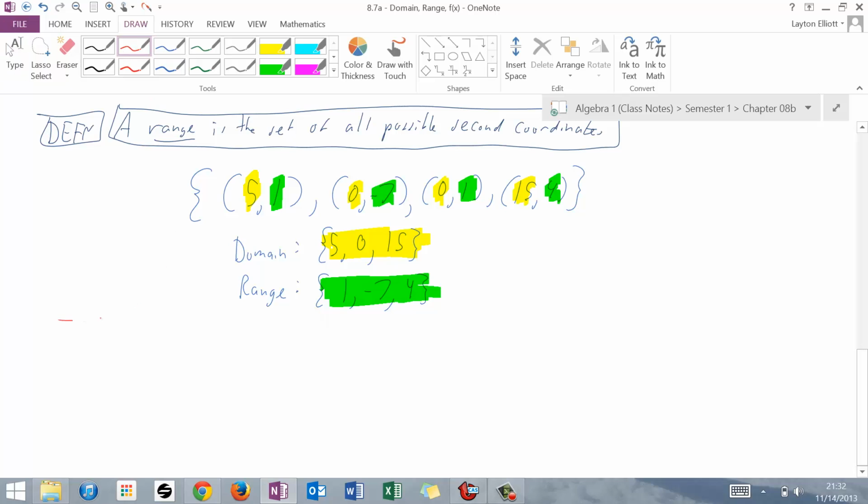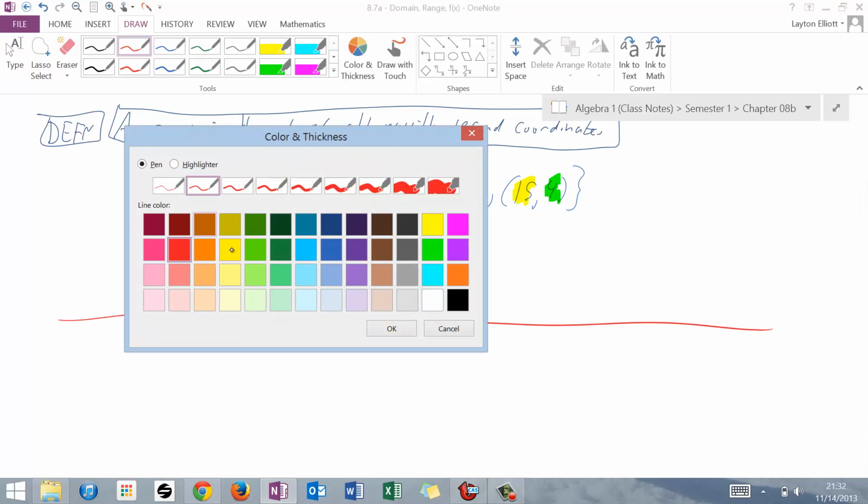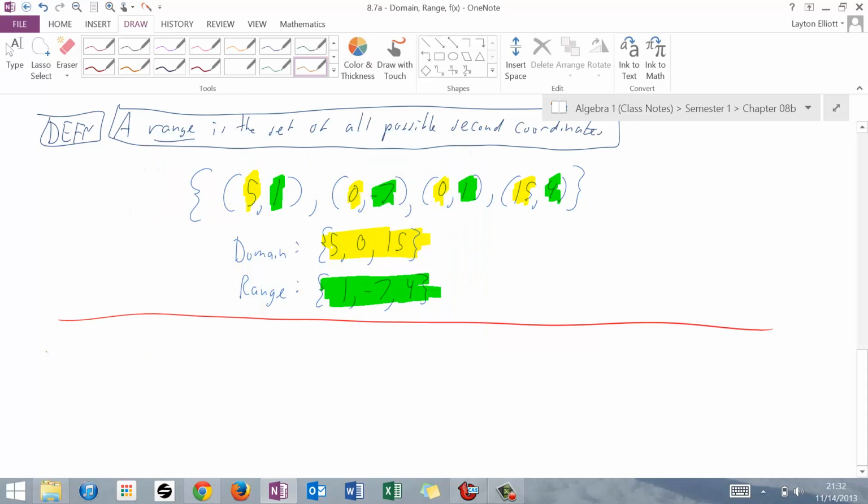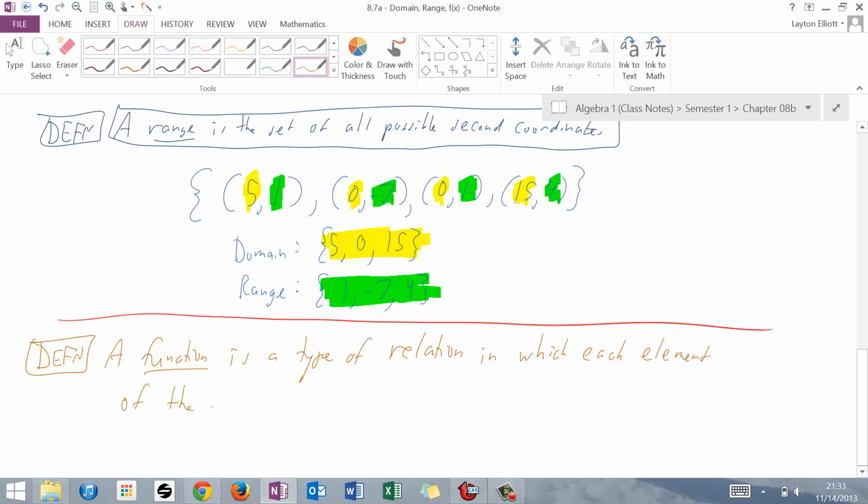Now, we're going to move ahead to something else that you probably have talked about before, and that's a function. This definition is one that I do want you to memorize, and I will ask this multiple times. So, we're going to start. A function is a type of relation. There's many types of relation, but a function is a special type of relation in which each element of the domain, meaning every number that could be a part of the domain, each element of the domain